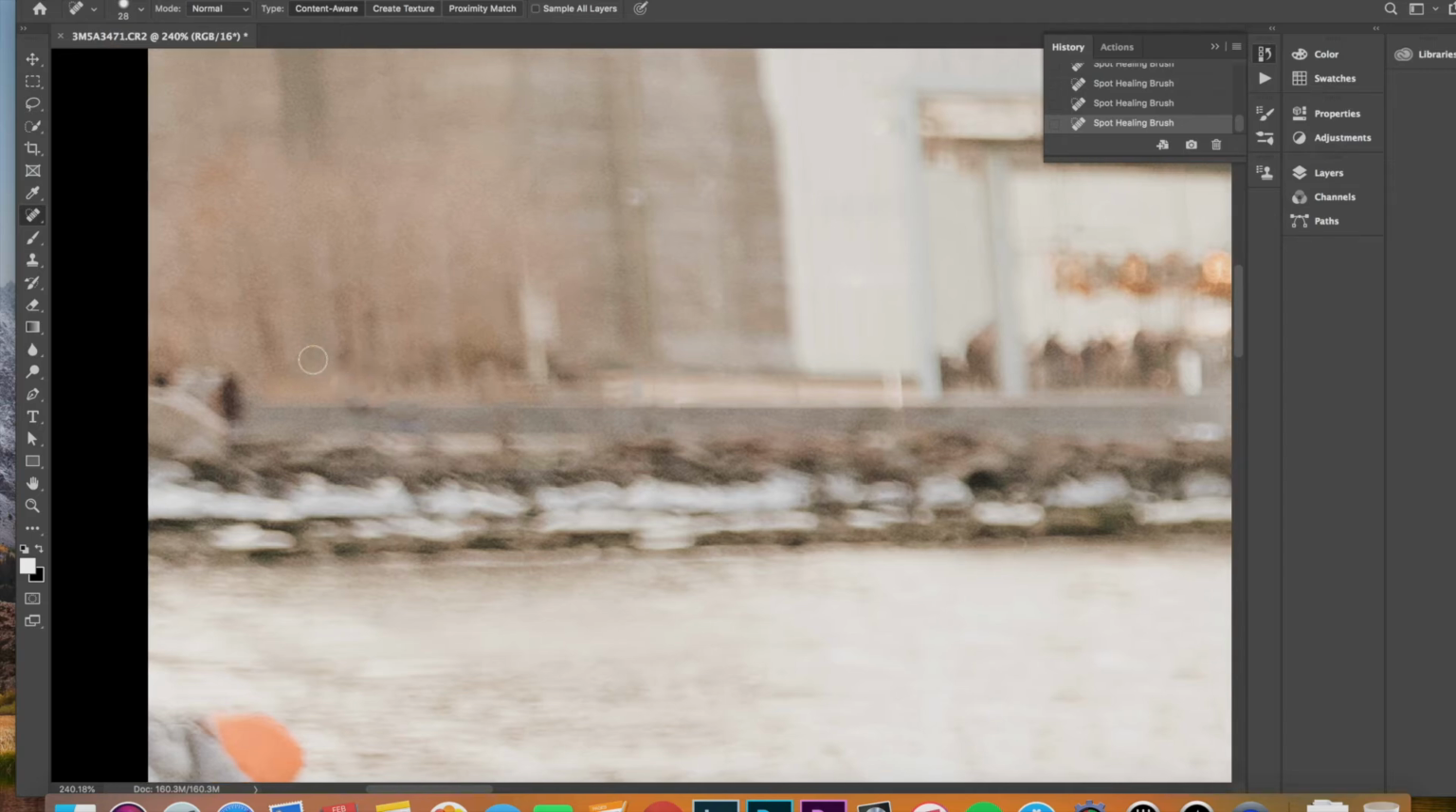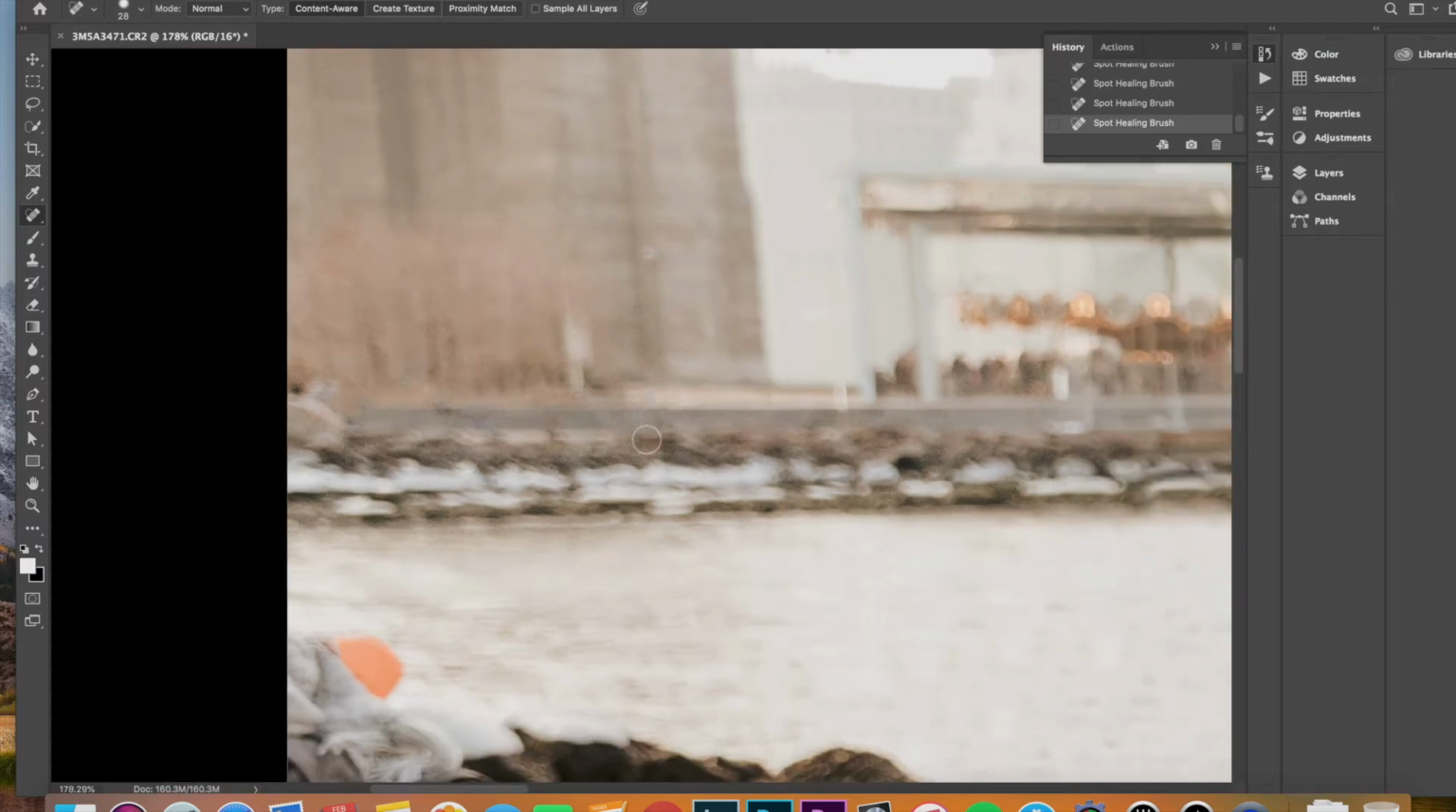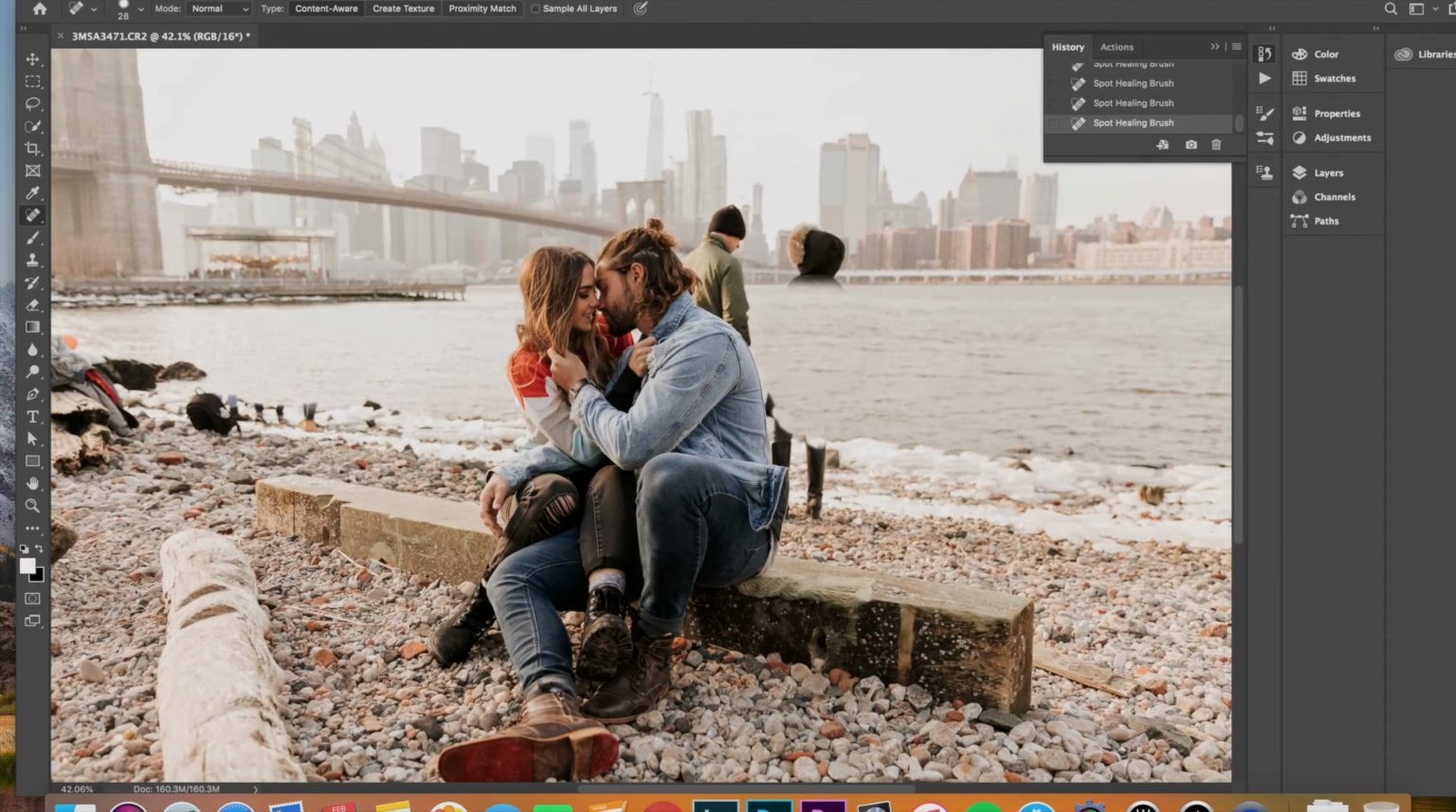Just like that. This little person here, get rid of. Yep. And then just make sure you smooth it out so that it doesn't look obvious that you photoshopped it. Cool, so I'll have a little bit to go. We're gonna be doing these buildings a little bit later in the tutorial because those are a little bit more